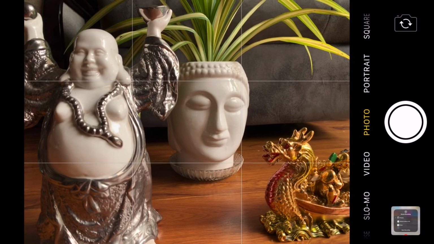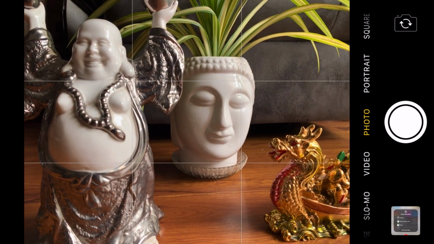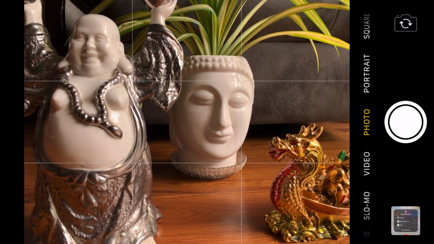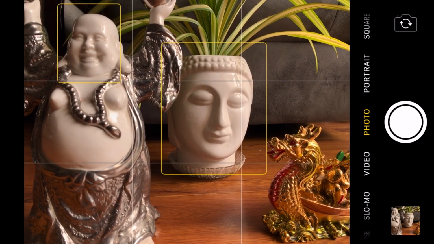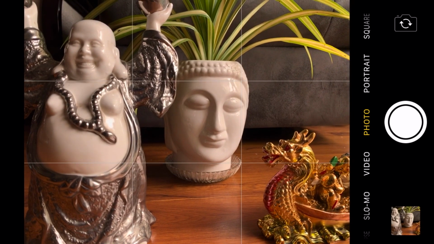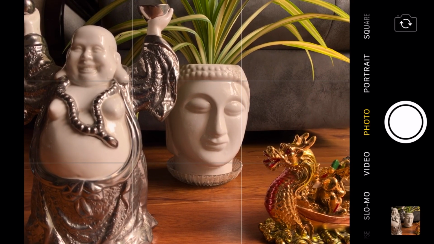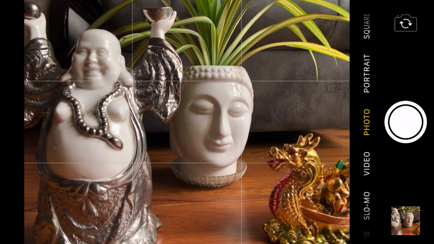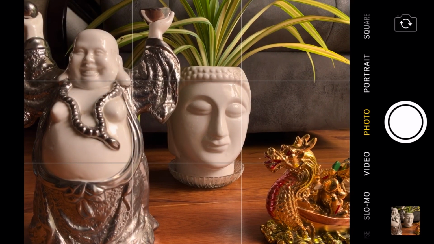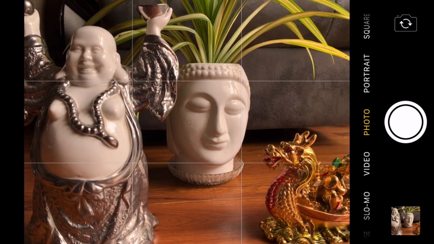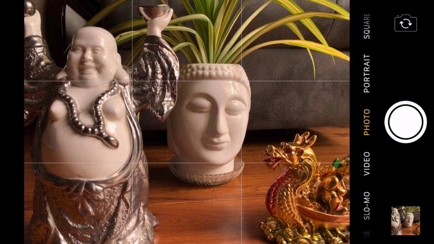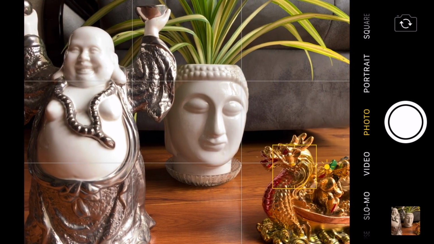In this kind of example, if you click a picture, you might get a good picture. However, if you want to make sure that you are focusing on the right object, I wouldn't suggest doing that. So imagine I have to focus on this dragon. What I can do is click on the dragon's face.